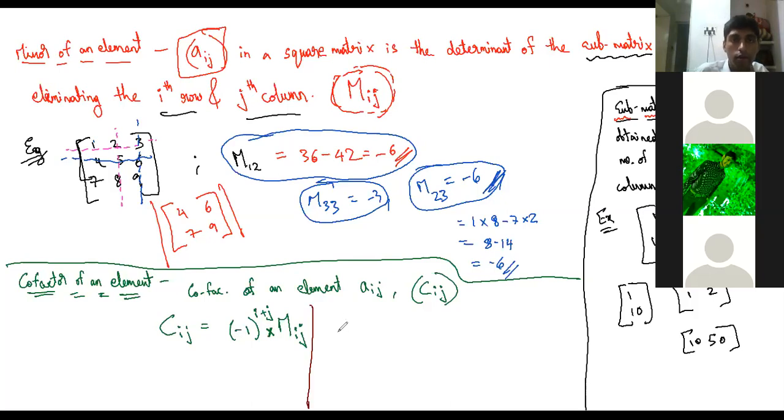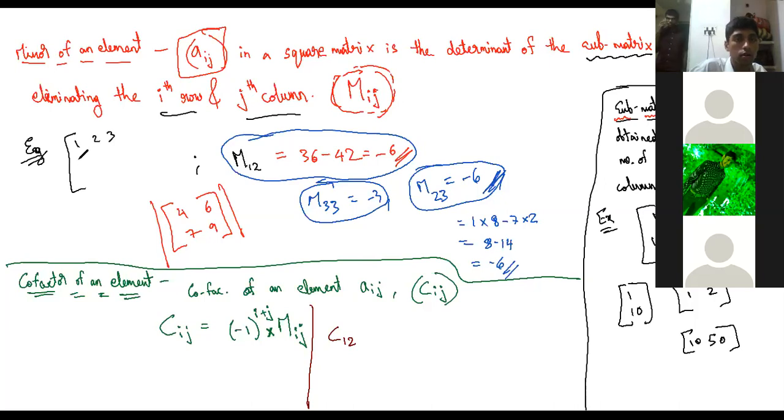Now again, let us see. What is C12? Consider the same matrix, okay? Use the same matrix, even though it doesn't look very good. Yeah, but still it's a simple matrix. 1, 2, 3, 4, 5, 6, 7. What is C12? Find the value C12, C23, C34. 6. Yeah, 6.